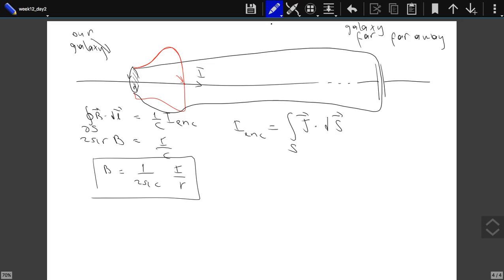Because as the current is flowing, there will be more and more charges accumulating on the capacitor, and hence the electric field will be increasing. So I can relate the change in the electric field to my current. Now the electric field in the capacitor, let's say the magnitude, this is equal to,